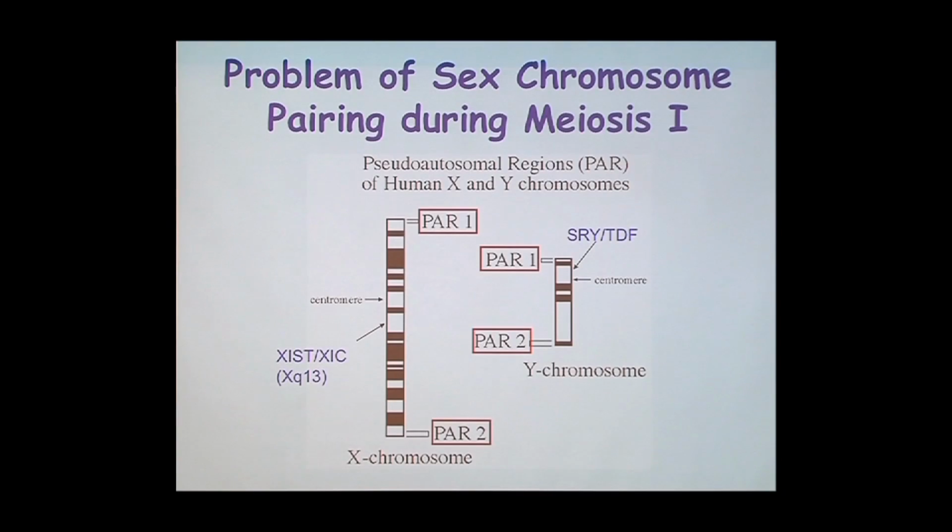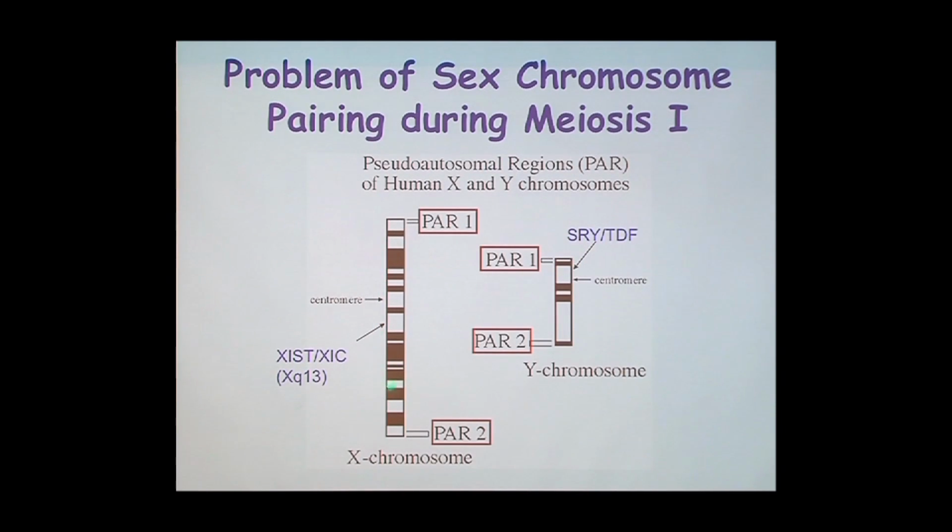The other problem is that females have 2 X chromosomes and males have only 1. So what about these 1,000 genes? How come we can be so similar when the women have 2 copies and males have just 1 copy? So to get around the first problem, very interestingly, there are sequences on the tips of the X and the